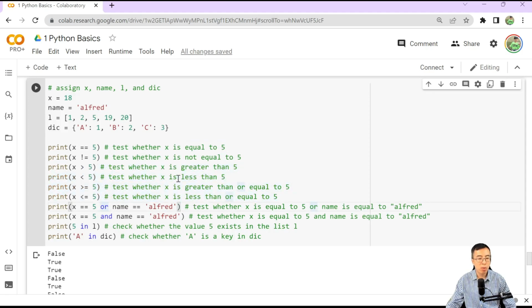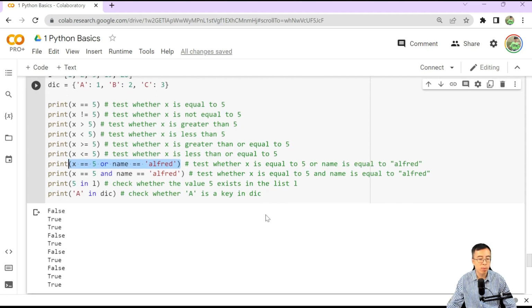And you can also combine 2 or more Boolean comparisons using the or and the and. So here, for example, I'm testing whether x equals 5 or name equals Alfred. So as long as one of these conditions holds, a true is going to be returned. As we can see, x equals 5 is false, but name equals Alfred is true, so it's going to return true because we use the or